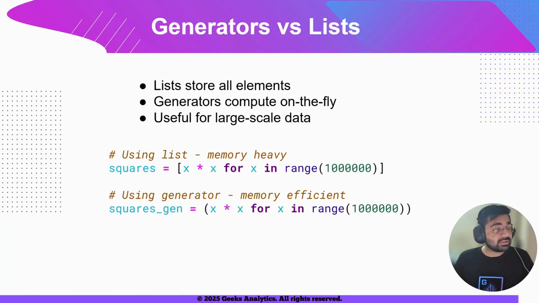Generators versus list, if we compare, a list can hold all the values in memory. With generators, we only compute and store values one at a time. This can be helpful in scenarios where you are processing large logs or large data streams, or even sometimes infinite data coming from some user base or API endpoint. So for example,